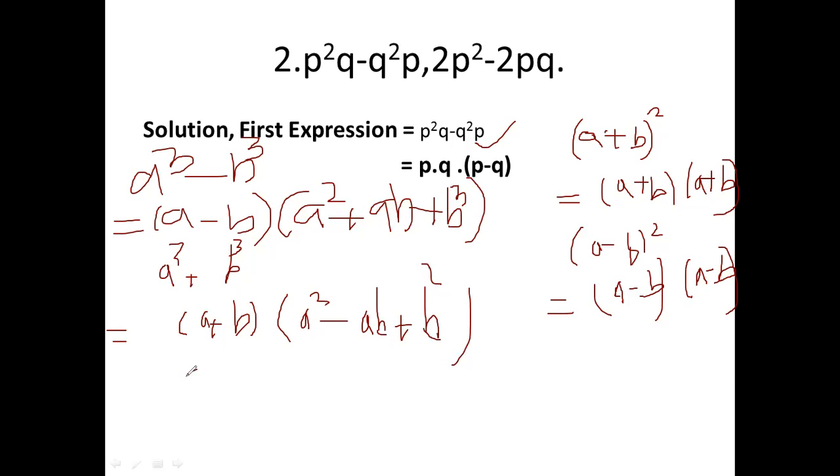And now there is one more. If the algebraic expressions are given in this formula form, look at A square minus B square, then factorize that. One factor will be A plus B, and the next factor will be A minus B. These two will be the factors for expressions in this form, A square minus B square. Now we are applying this for factorization, so let's move to the solution.